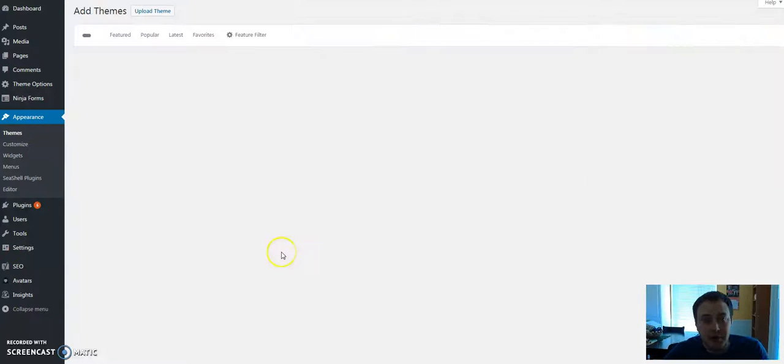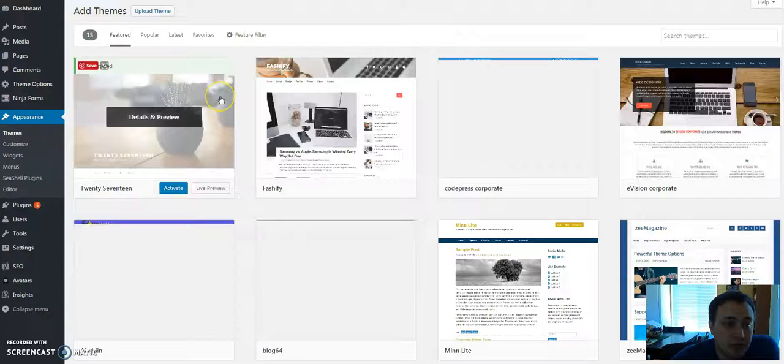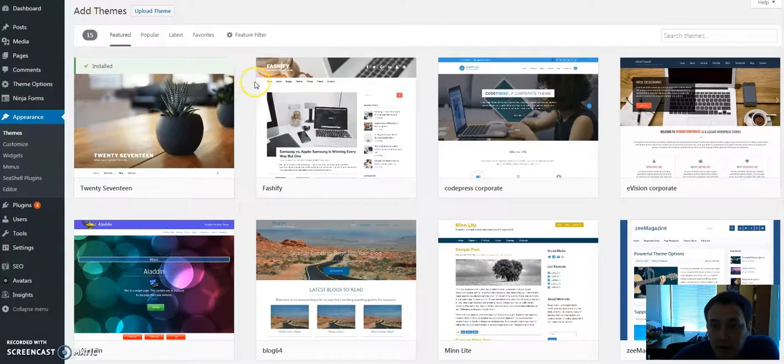But also, if you want to add a new theme, you can click here and search directly in the free database that they have for WordPress. There are a lot of good quality free themes, but choosing one can be a bit of a challenge. We do cover that in another article about the true cost of a free theme. It may seem cheap on the front end, but it goes through the ways that it can actually hurt you